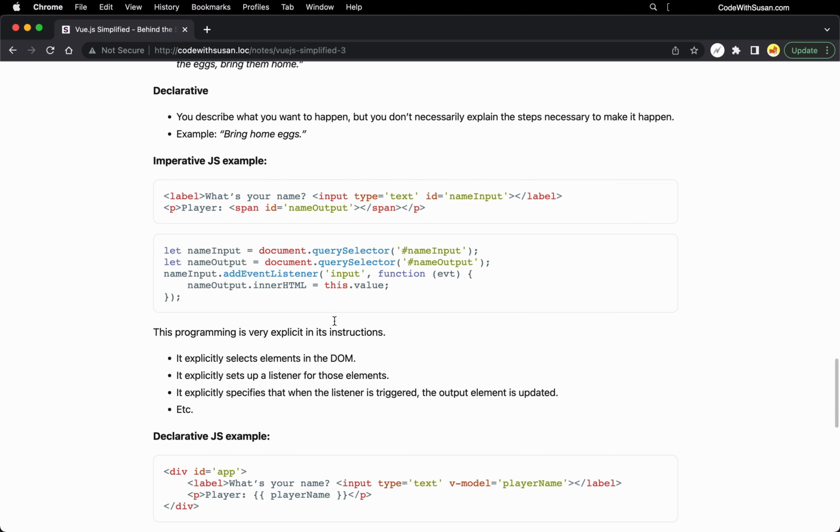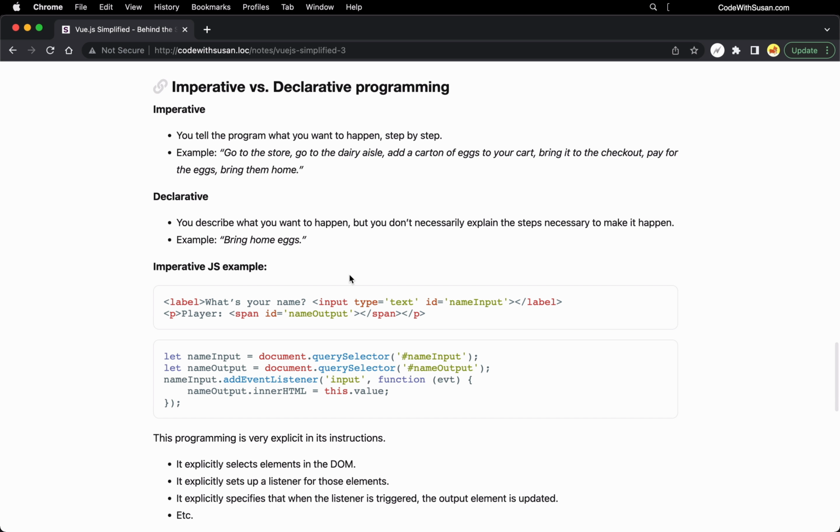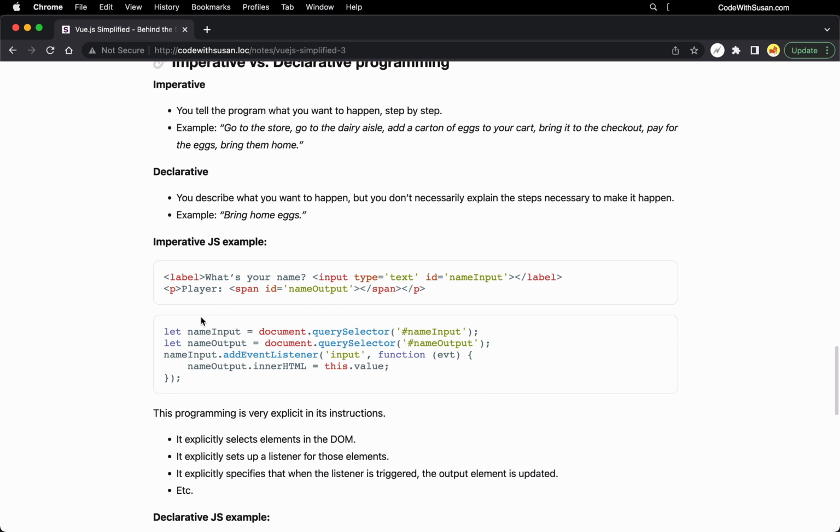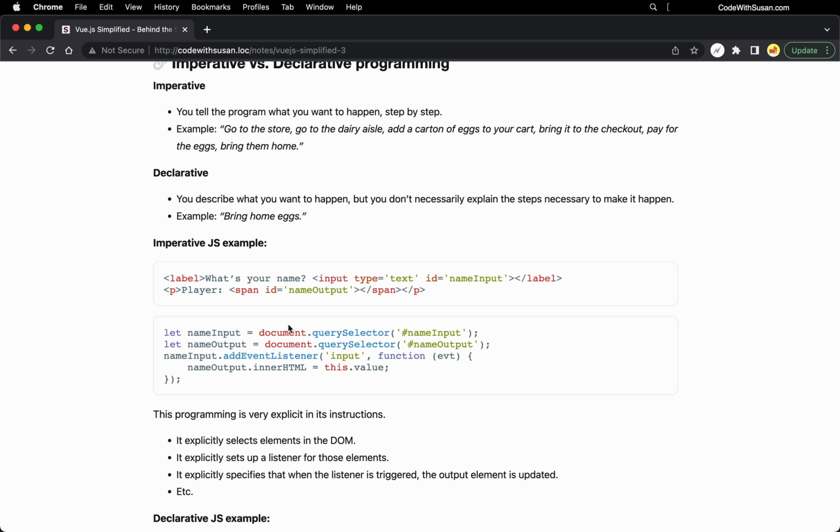So now that we understand the difference between these two programming styles, let's talk about why. Like, why does this matter? Why should we be thinking about this at this stage of our learning about Vue.js? And the reason is because I find that often JavaScript developers that are new to JavaScript frameworks, you really have to switch your mindset to the declarative programming style. Because if you don't, you're going to find yourself in situations where you're going to try to write code like this, right? You're going to try to be very specific about what you want to happen in the interface. You're going to try to add event listeners and things like that. You're going to try to directly manipulate the DOM. And those are all things you don't need to do when working with Vue